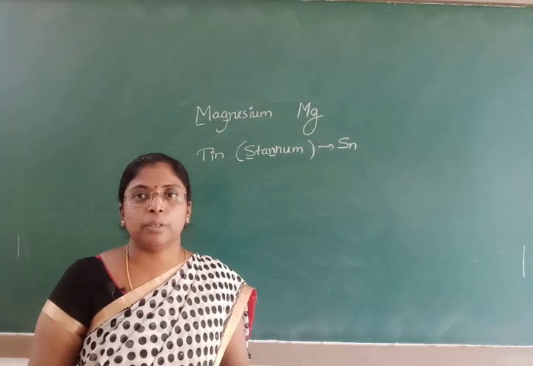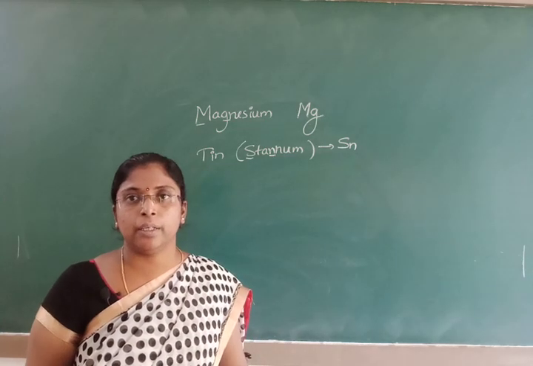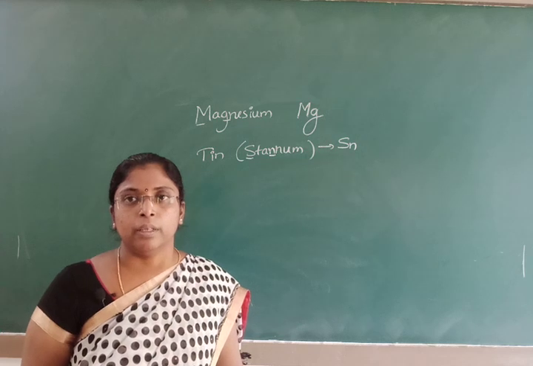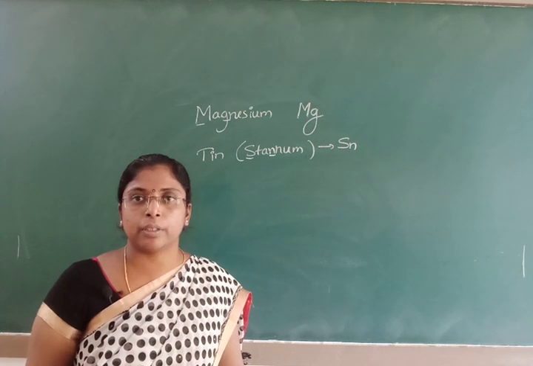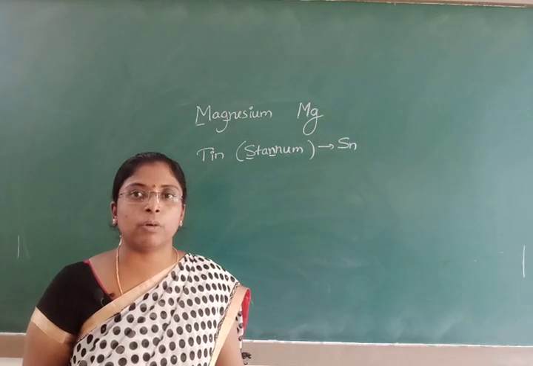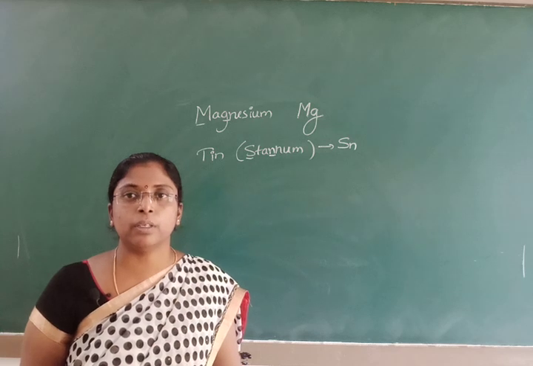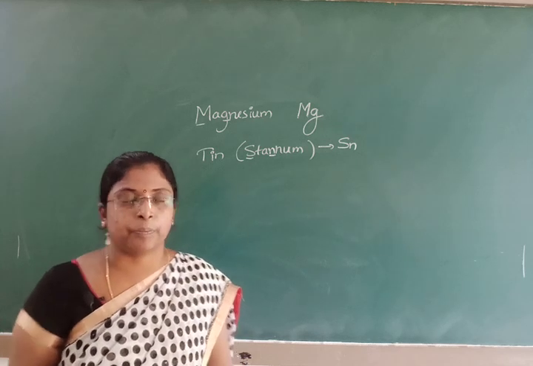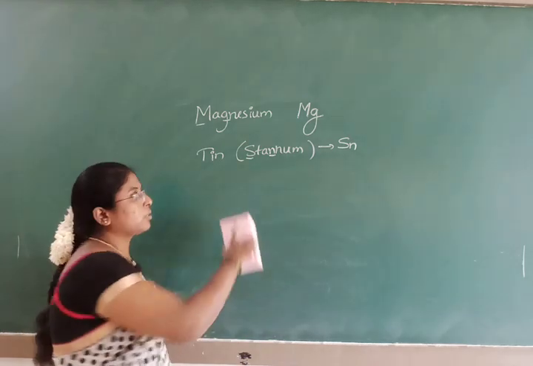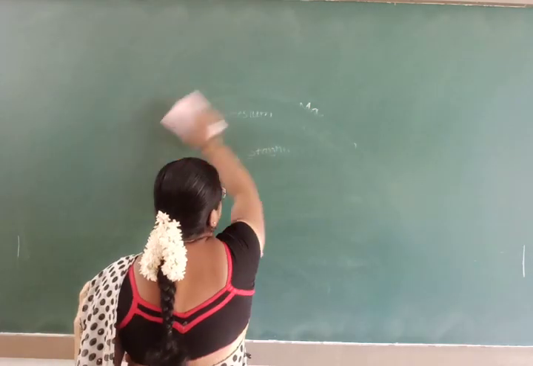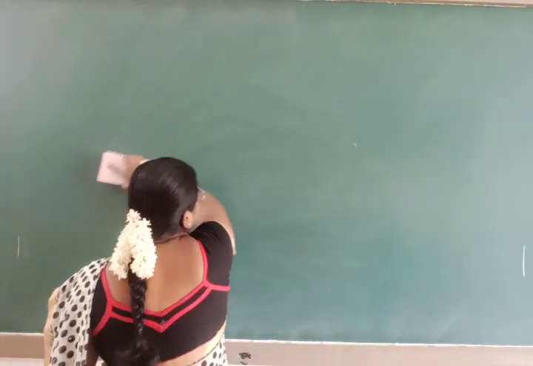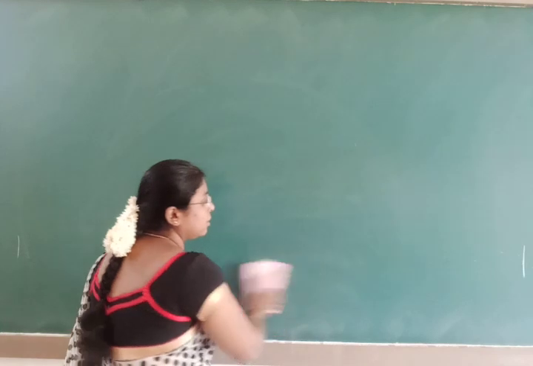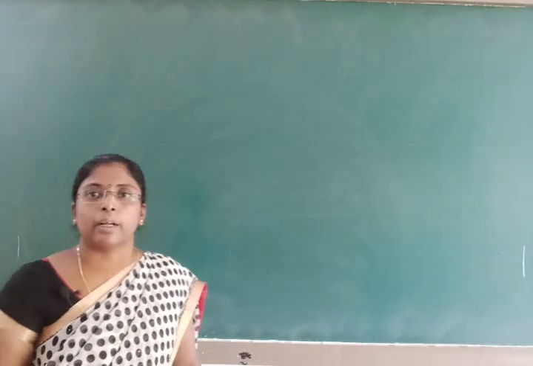You have to remember the 118 elements' symbols which are present in the periodic table. Slowly as you go on studying, you will come to know the symbols very easily. Many of them you know, even in your school days you have used so many symbols. Then next comes the atom.